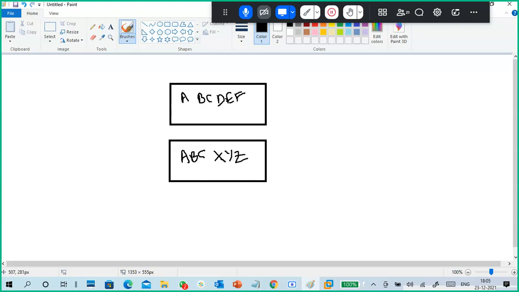Now what is common between this data and this data? A, B, C are common. So it will create ABC metadata and put it as one piece. So ABC metadata plus DEF is one file, and plus XYZ is another file.